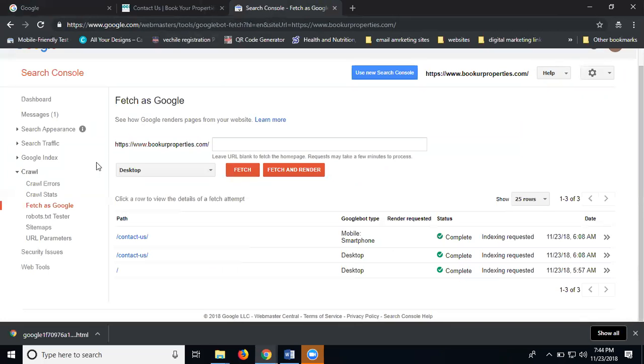This option is only available in the old version; the new version is still in process. In the old version, go to Crawl, Fetch as Google. Enter your extension, select desktop or smartphone, click fetch, then click the request indexing option. This is how you index your pages on a particular website.